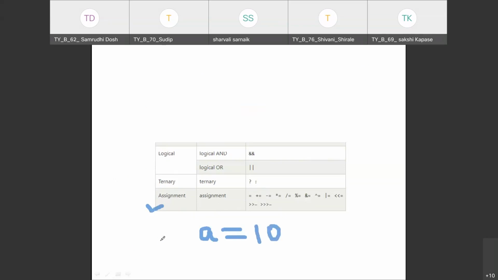The data type comes first, and if it is 10 then it is an integer, so int a is equal to 10. This equal to operator we call an assignment operator. Similarly, there are multiple assignment operators we have. So these are the operators which we are going to study in our Java program.